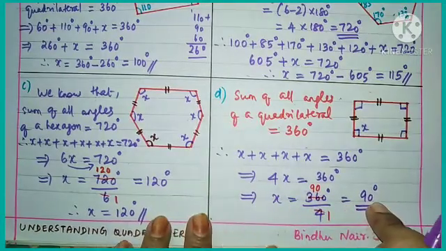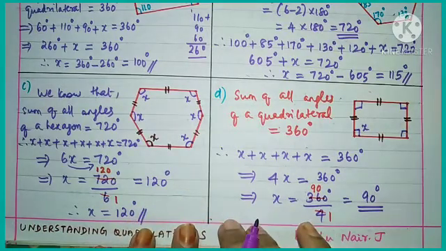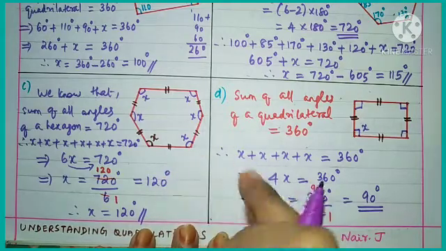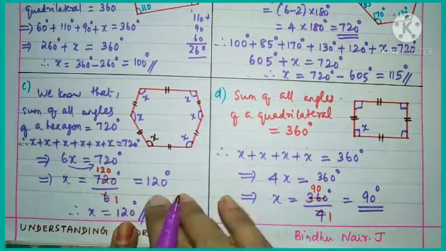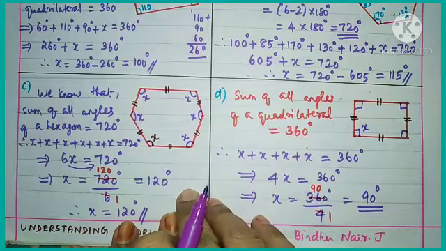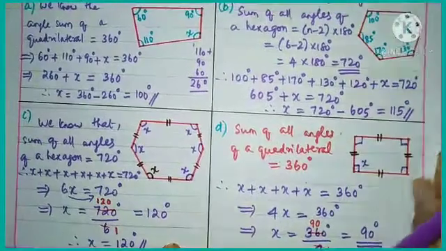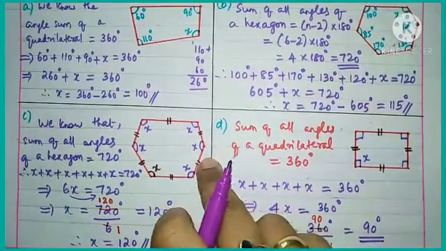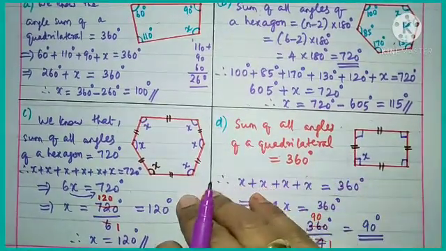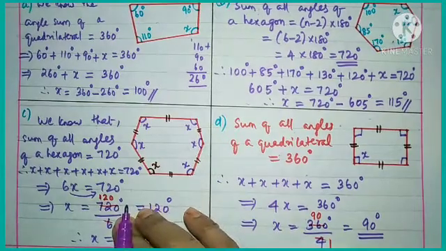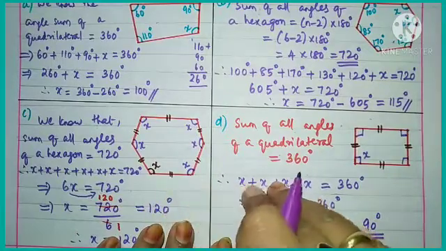Understood, children? So all of you read all this, revise your notes, angle sum property of different polygons, and how we find out the formula, and how we are solving for any number of sides for a given polygon, how we are using the formula to find the angle sum, and how we are finding the unknown angles using this relation n minus 2 into 180 degrees, how we are finding the unknown angles for different closed figures. Okay, so you are having some homework also, complete that. Any doubt, you can contact your teachers and revise the notes well and prepare all the questions very well.